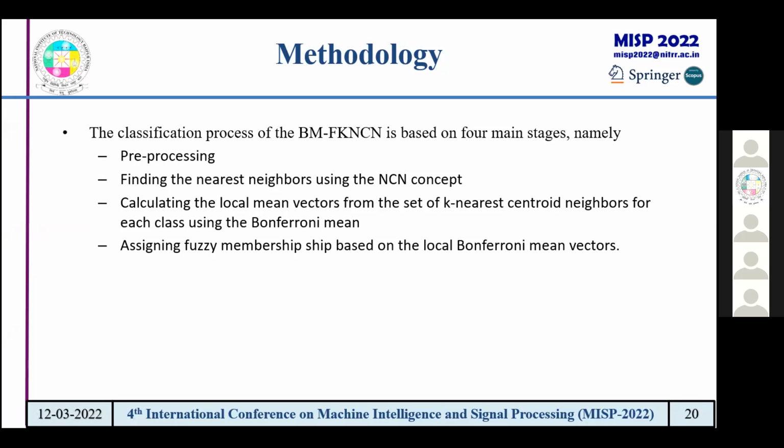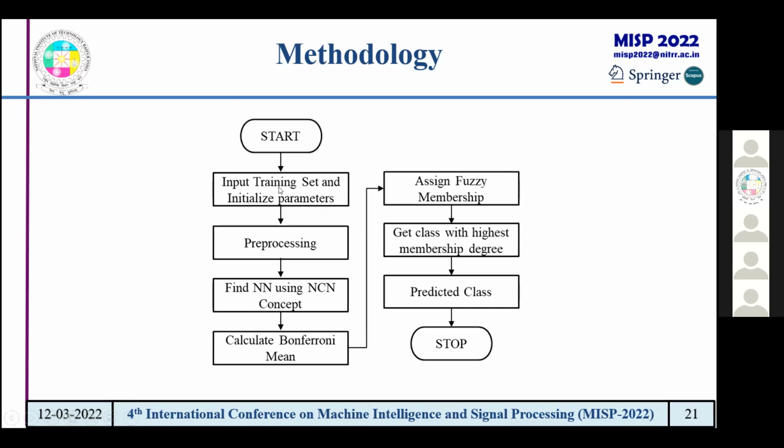In the case of KNN, that bias will be clearly significant. Because of the centroid neighbors concept, that can be far minimized. From this, we can avoid deleting from the database. We can include the total database, and the sample space of the audio signals can be increased. This is the flowchart of the classification method.